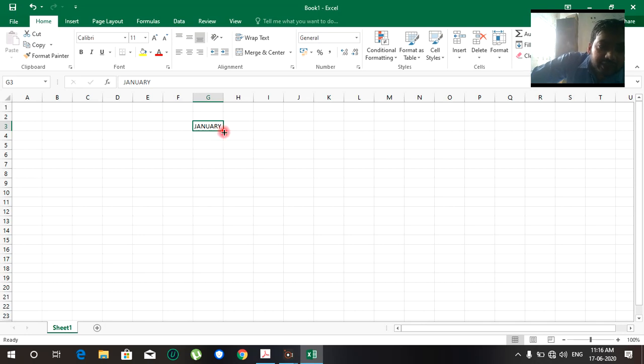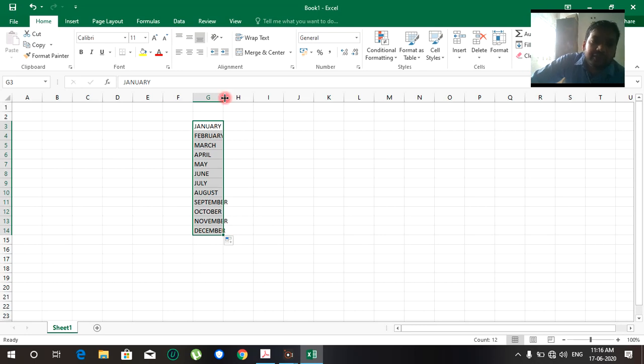Holding the left mouse key, drag downwards. Now release the mouse. When we release the mouse, the data is filled automatically: January, February, March, April, May, June, July, August, September, October, November, December. This is the way how we can fill the data automatically.